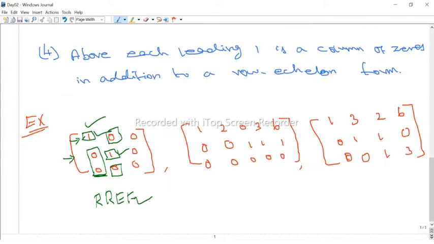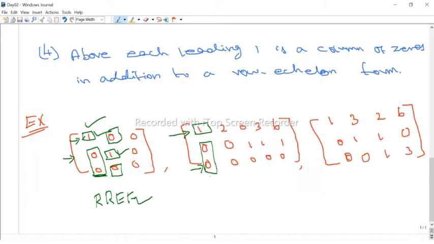Now look at the second matrix. Again, if there are any zero rows, we have to take them to the bottom. Now we have zero rows here, and they are at the bottom. Now we scan the first row. We find the first non-zero entry, and that should be 1. Yes, we get the first non-zero entry in the first column itself, and it is 1. Therefore, the first condition is satisfied. And then the entries below the leading one should be 0. Yes, they are 0.